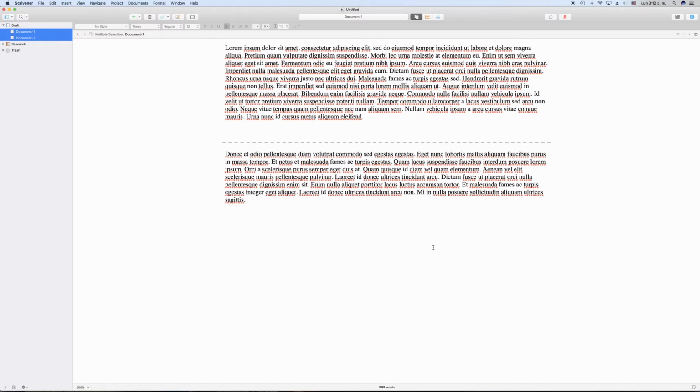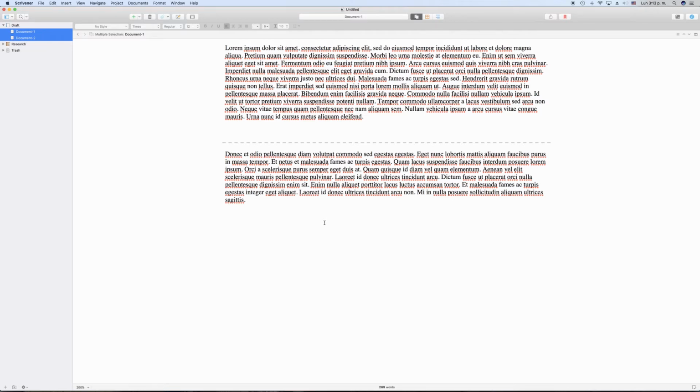Let me say one thing here about the difference between exporting and compiling first, because what you will maybe do most of the time later to get stuff out of Scrivener is compile documents rather than just export them. The difference is that compiling strings together a selection of documents and creates a completely new document out of them, which can look very different from what you see in Scrivener. We will talk about the compiler in other videos because it can do so much that it deserves to be looked at closely. Whereas exporting refers to exporting one document mostly out of Scrivener and converting it to another format.